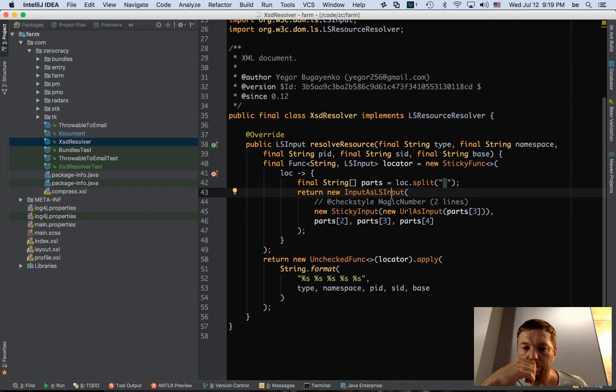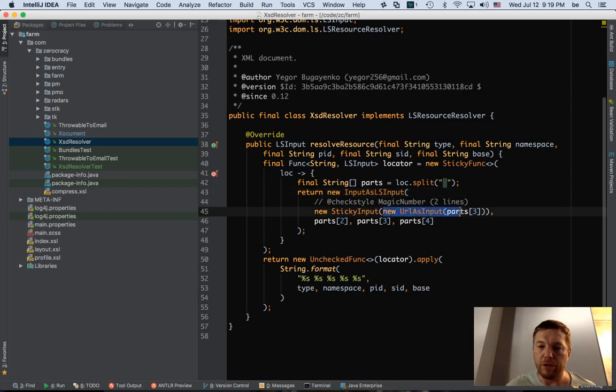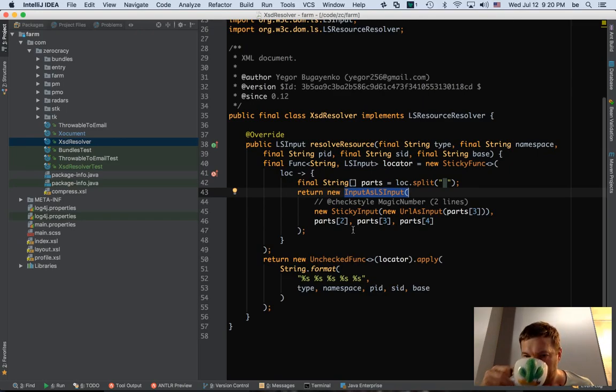Let me see. So what happens here is this one. We're using URL as input, and then input as ls input, and then we hit the one. Now that's interesting.